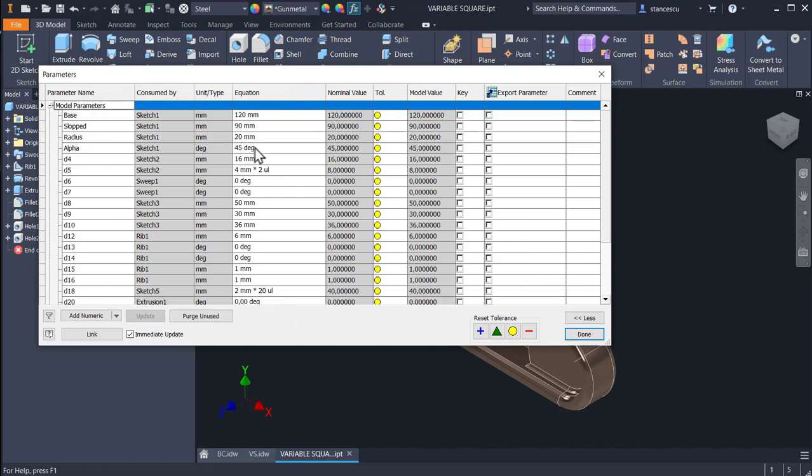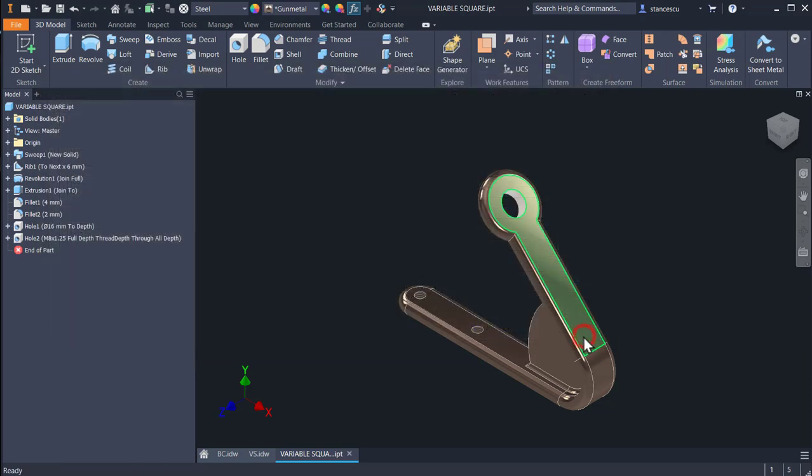You see, this is the table of parameters. Base, sloped, radius, alpha are our created names. Alpha is the parameter which will be used to create parts as iFactory. We have to place it as an export parameter, and we check this cell. Okay,